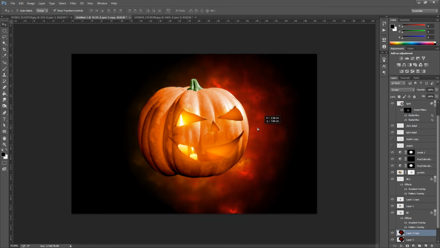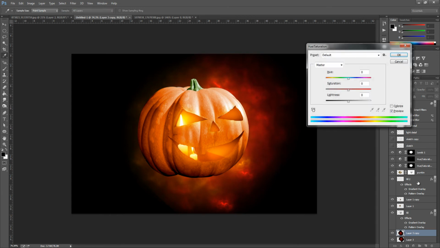and we're just going to move this down around about there. Press Control and U again, colorize, and we're just going to change the color, so we want something around about there, like that. So that's around about 102 for the hue, saturation 94, and lightness -8. So play around with it, get it just what you want, click OK.